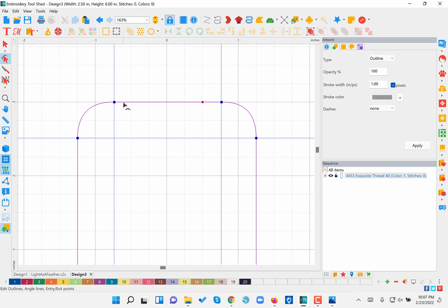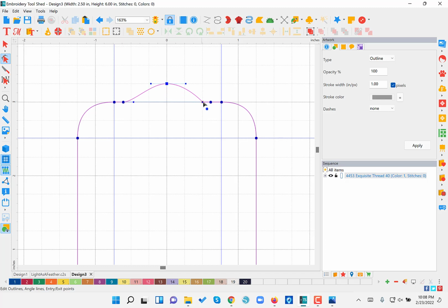So click on the line, and then if you do a right mouse click here and say add point, and I'm going to do the same thing over here. So about halfway right after this point. So I'm going to right mouse click right where I want the point and say add point. And then let's do one in the center. So right here in the center, right mouse click and add point. Okay, and so what that allows me to do is to move this up and create that kind of dome